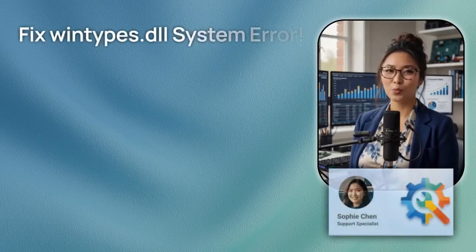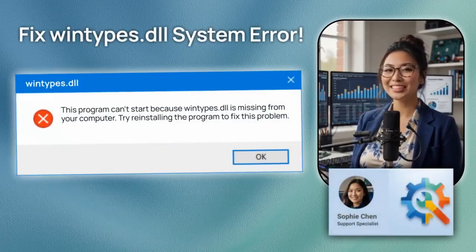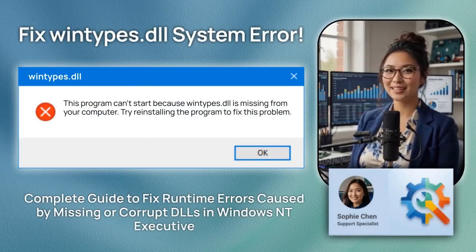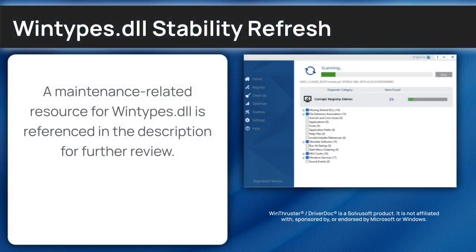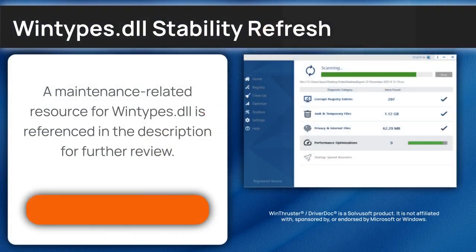Are you being annoyed by the Wintypes Library DLL error causing system instability? I'm Sophie Chen, a senior Windows support engineer, and I'll walk you through the diagnostic steps to fix your execution path. Before we get into the manual guide for Wintypes Library, you can try the suggested utility for improving overall